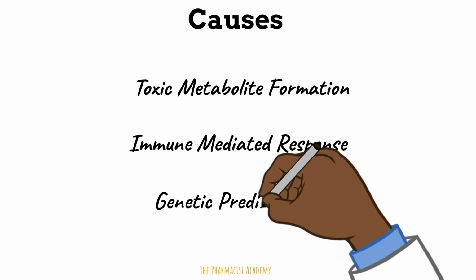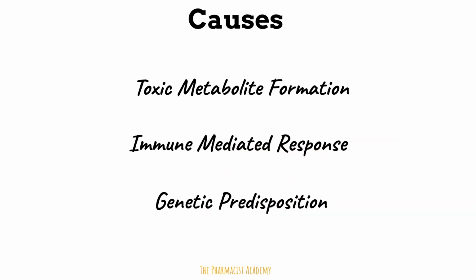And lastly, genetic predisposition. Certain genetic factors, such as specific human leukocyte antigens, HLA gene variants, may increase susceptibility to clozapine-induced agranulocytosis. HLA are a group of proteins found on the surface of most cells in the body, which help the immune system determine which cells are part of the body and which ones are invaders. It's important to note that these mechanisms are not mutually exclusive and may collectively contribute to the incidence and onset